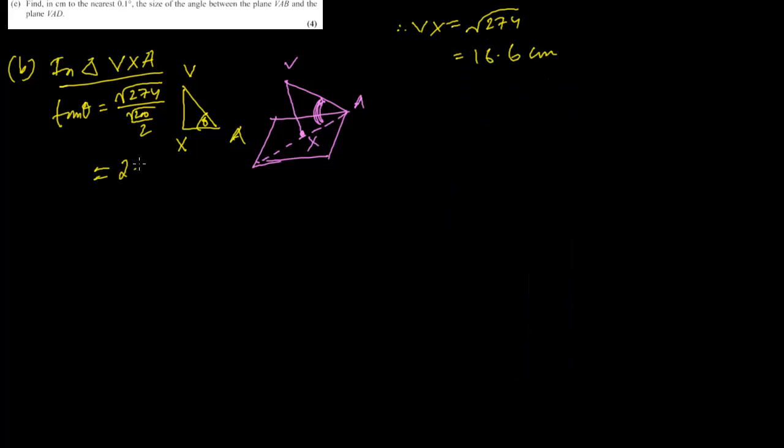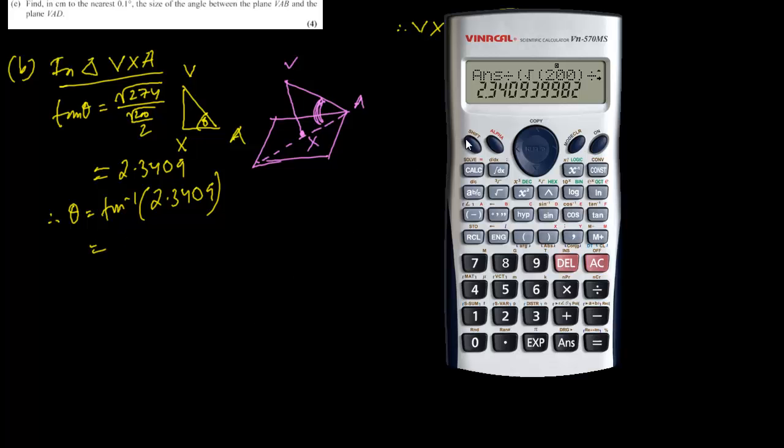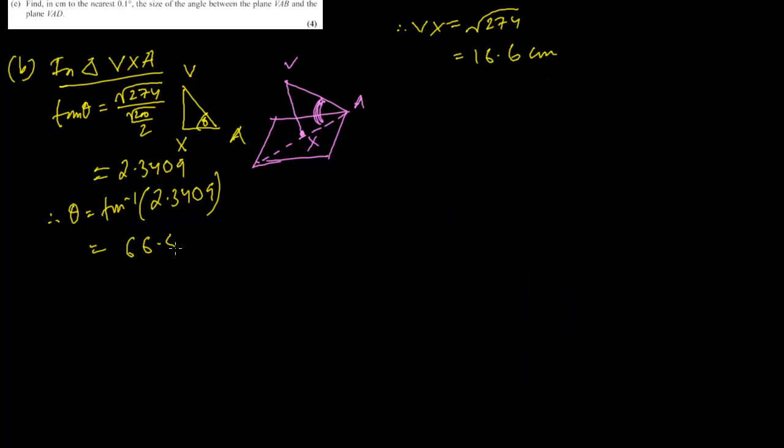2.3409. So therefore theta equals to tan inverse of 2.3409, and that turns out to be, so tan inverse of this, so it is 66.869. So 66.869 degrees. So answer,